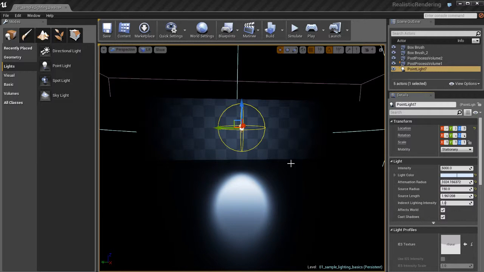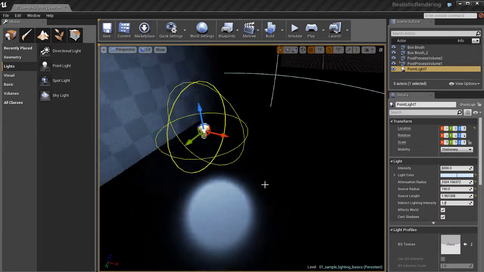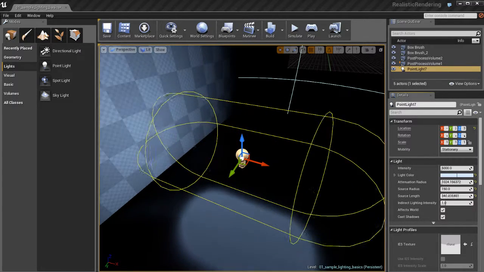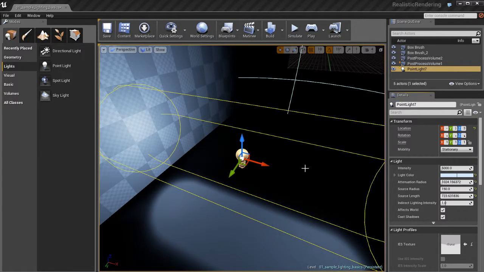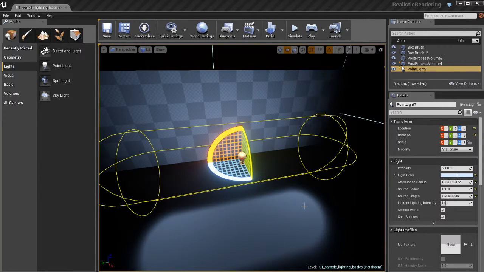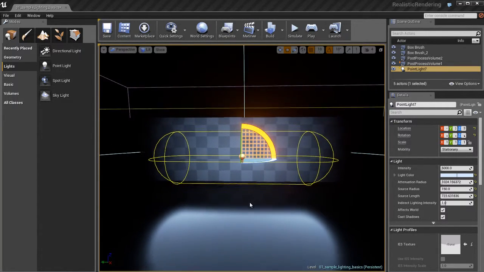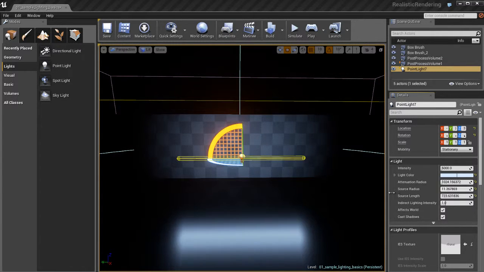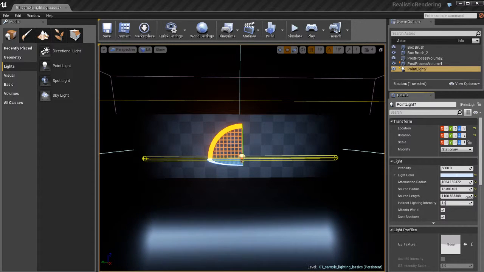source is much larger. Now the source length is actually a pretty cool parameter too. You use that in conjunction with the source radius. And what that does is it elongates this radius, and you can actually make it almost like, say, a really long sort of neon light bulb. The reflection on the floor will adhere and change and update based on the source radius and the source length. So I can make these sort of really long